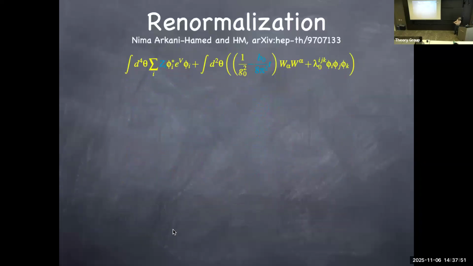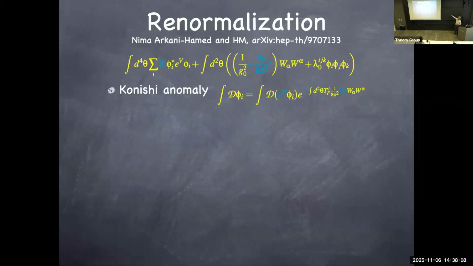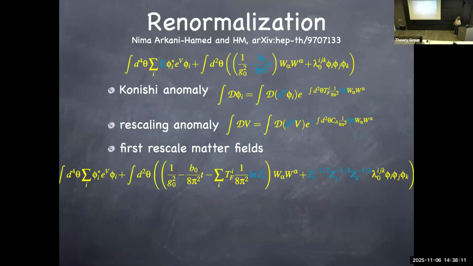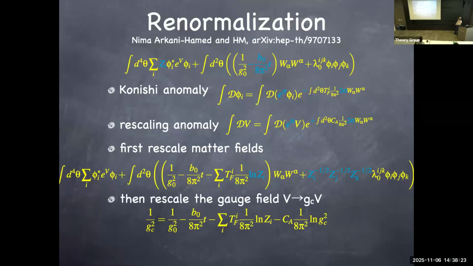So it turns out, in the paper we wrote when Neal was still a grad student in Berkeley, that even though the running seems to be only one loop, when you change the normalization of the gauge field to make it canonical, and also change the normalization of the matter fields to make it canonical, that would actually induce some anomalous Jacobian. So you get a contribution, which depends on the wave function normalization factor, giving a contribution to the running of the gauge coupling constant. And when you further scale it, you get an additional piece, which is the log of the gauge coupling constant. So out of this, you can get the exact beta function to arbitrary order in perturbation theory.